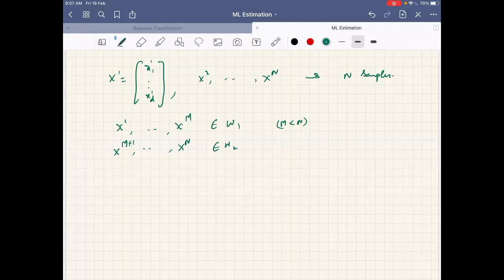But from this, it is not very straightforward to get the likelihoods P of x given omega 1 and P of x given omega 2. What do you think? Who will give this? So given these samples and these likelihoods, what do you think is the relation? I will anyway discuss some aspects, but before I discuss, I just want to have one or two thoughts of yours. So given these feature vectors or samples of class 1 and class 2, how do we get P of x given omega 1 and P of x given omega 2? Any inputs from any student?